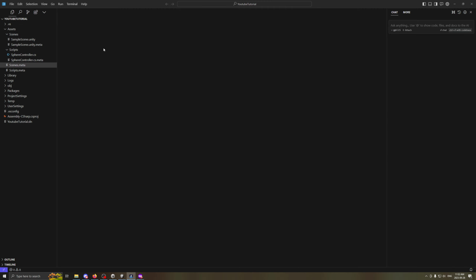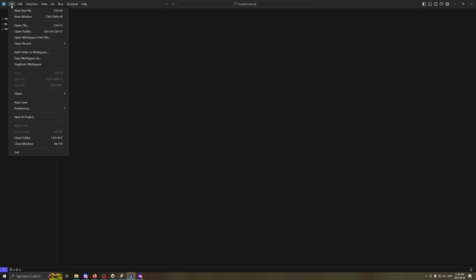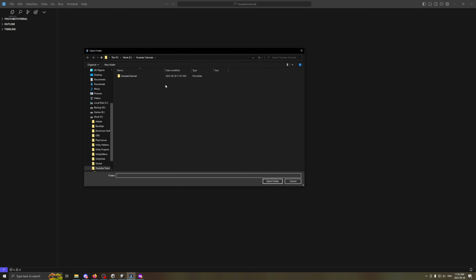So once you have your Cursor AI open, it should look something like this. And I'll turn off the way you guys probably have it looking now. So what you're going to want to do is go to File, Open Folder, and then when you open your folder, you're going to want to look for